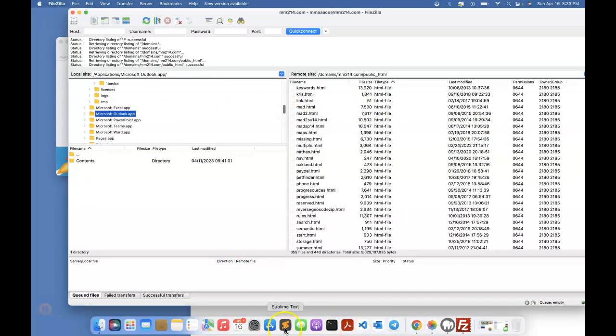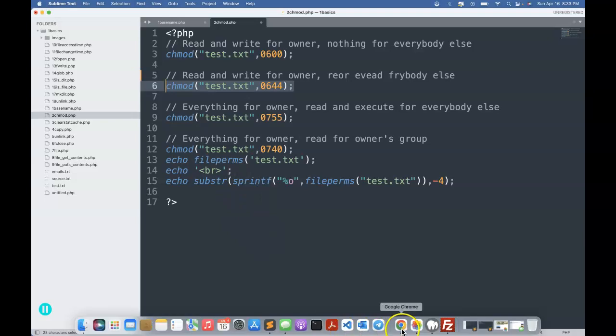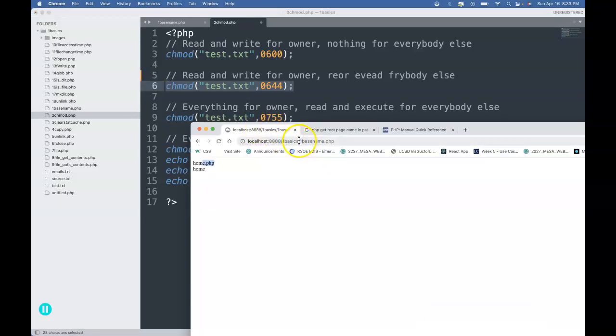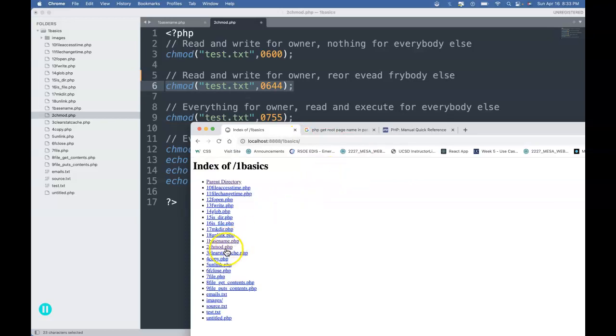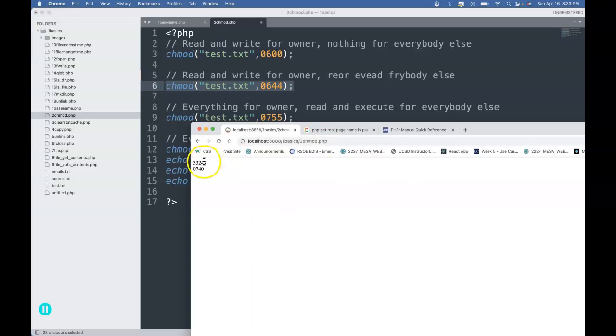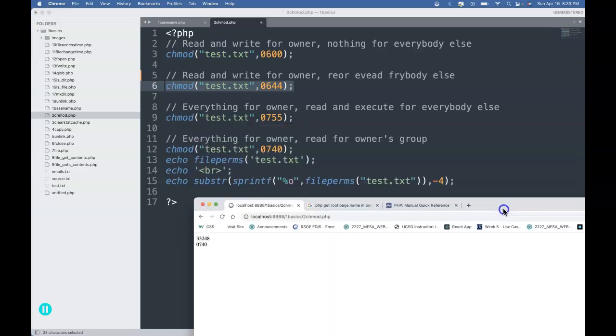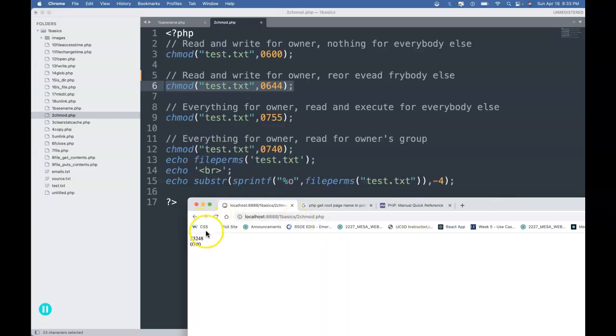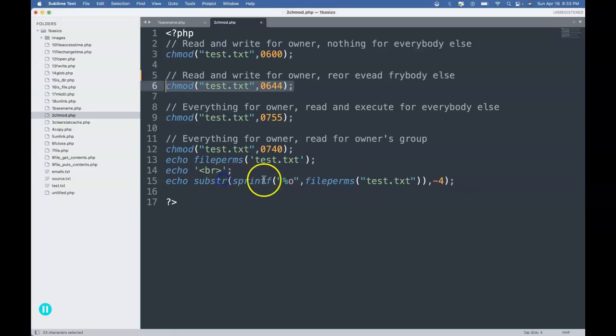All right, back to our code here, because I want to show you what just happened. If we go to the second script, chmod, we are going to see 33248. And that is a very odd file permission, right? But if you want to format that, the function fileperms will find their permissions and add an octal in front of it, and it will sprintf with substr -4 over. So basically, what we're doing is getting the fileperms. This is print format, but